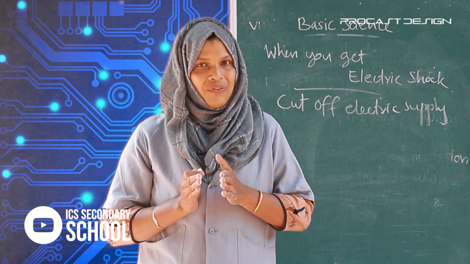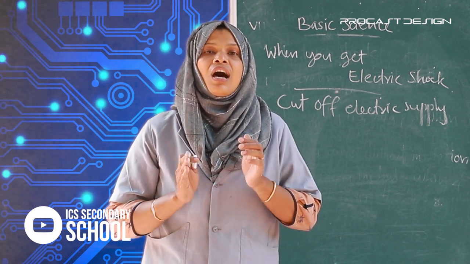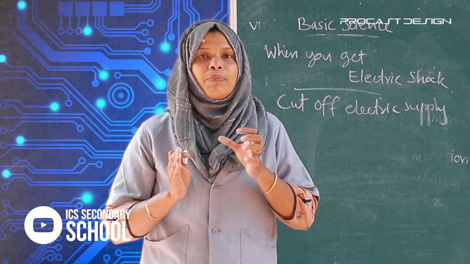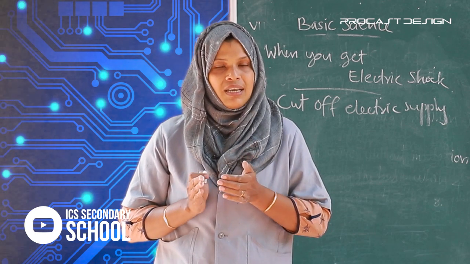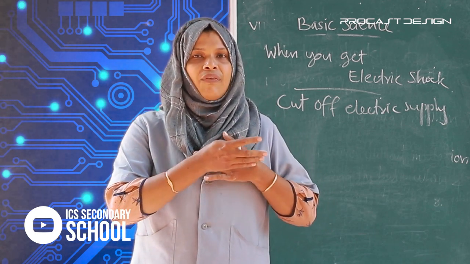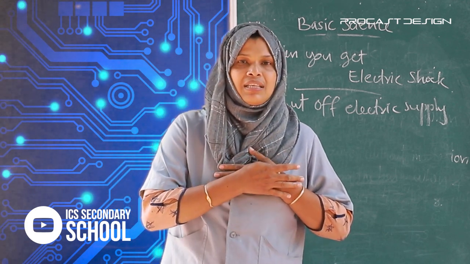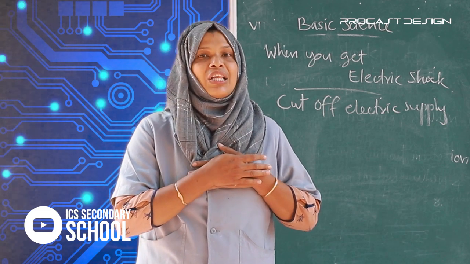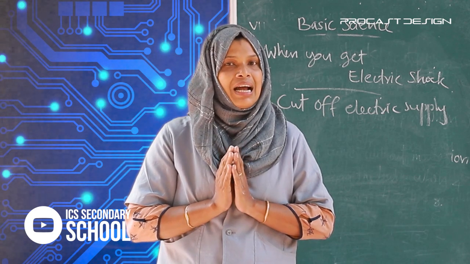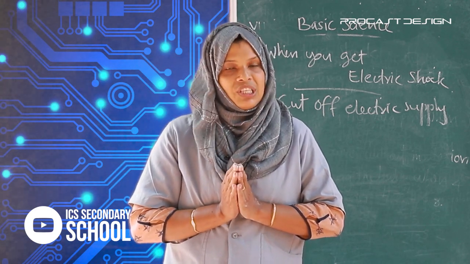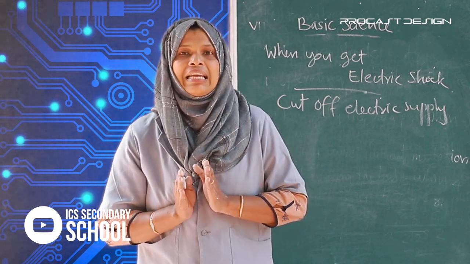If the shock is severe, you should give artificial respiration. Warm the body by massaging. And if the heartbeat has ceased, you press your hands one over another on the chest, pressing down and releasing. And if that activity is continued, the heartbeat starts its own beating. Okay. These are the things you do when a person gets electric shock.